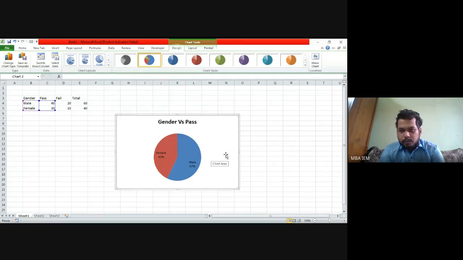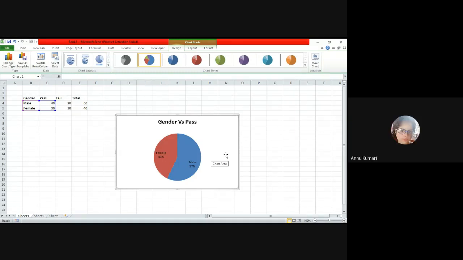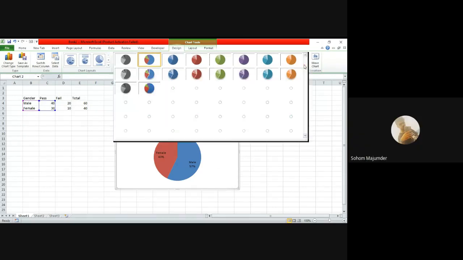So this way I can directly analyze how many students have passed and which gender is predominant in this category. Is it clear? Yes, sir. Okay.